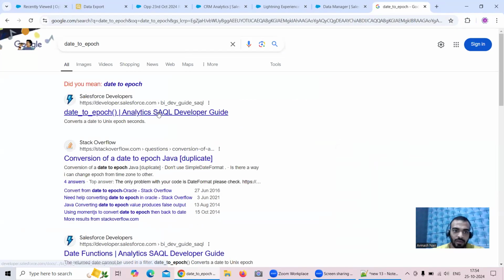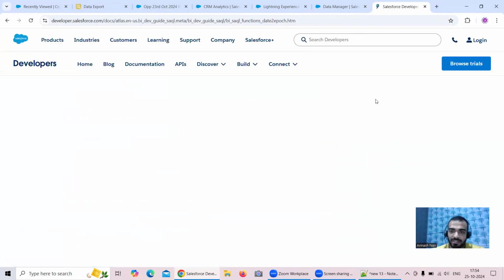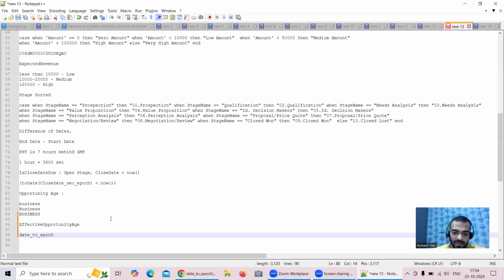So date to epoch actually helps you convert a particular date format into epoch seconds. That's the thing. So what I will write is date underscore to epoch, and I will calculate this now part. Now this particular now, which I've converted, I will find the difference between this one and the created date